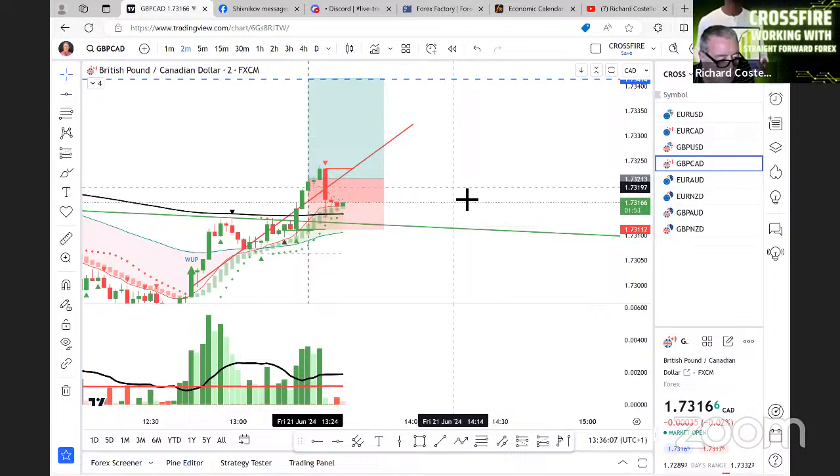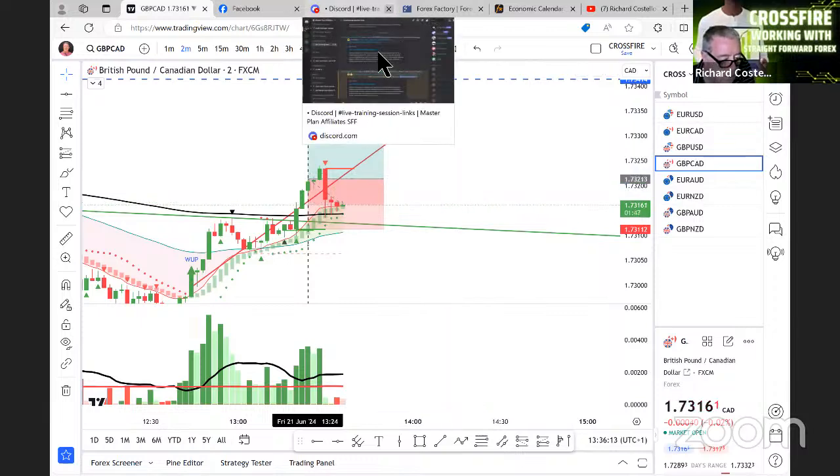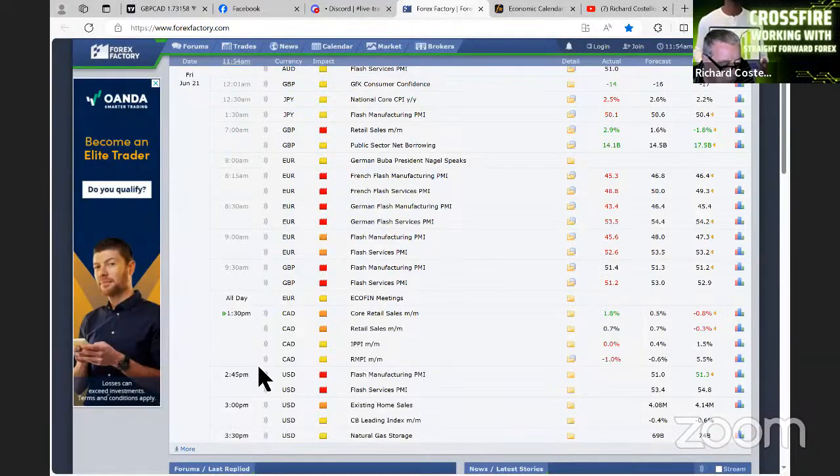And don't forget, we've got other news coming along. If I look at Forex Factory, we've got 2:45 and 3 p.m. So there's still potential for some big moves. And if I go back to GBP CAD,